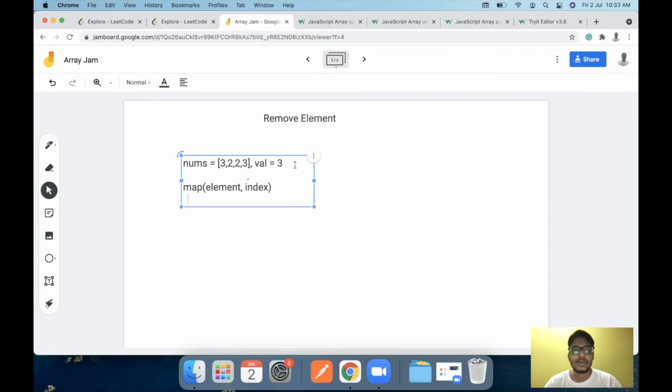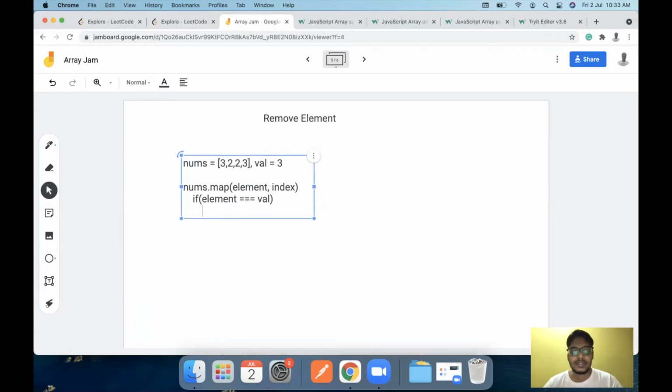It is similar to a for loop, but when we apply it to an array like let's say nums, we get access to the element as well as index in one pass. It is like a shorter variation of a for loop. Now we have an element val, so the obvious condition is to check whether the current element in our array is equal to val first before we try to remove it. So we will have an if condition, that is my first intuition to go with, and we need to check whether the element is equal to the current val value. If it is, then we move ahead and try to remove the element.